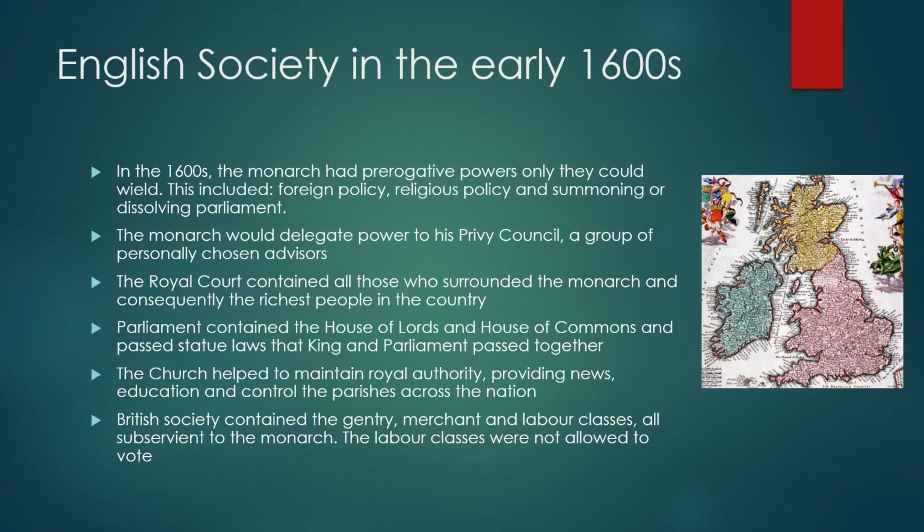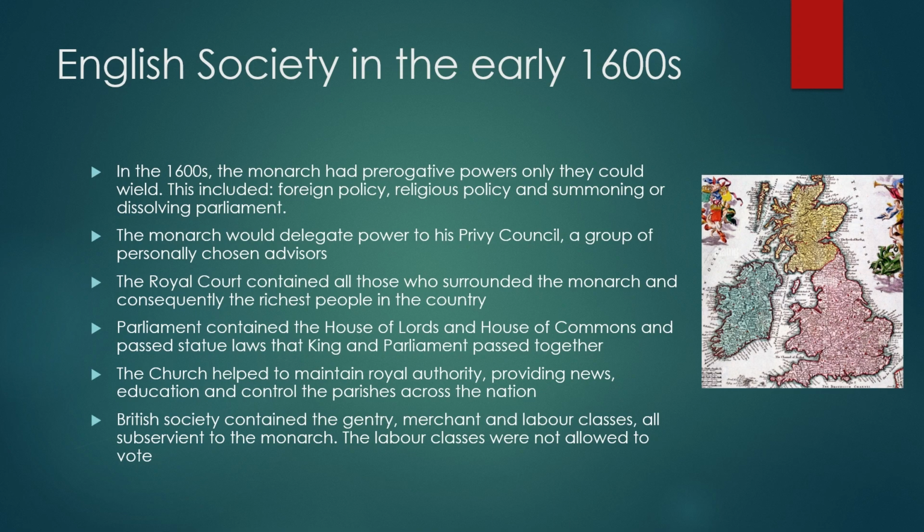They would then choose the individuals who are going to lead the foreign policy campaign that they wanted. So if they wanted to go and invade a different country, let's say Spain or France, they would choose someone who would then lead that and commit that going forward. This was the same with the religious policy. They would select someone who was going to then lead the religion policy, whether that's passing the Anglican Church or something else. And so it's important to bear that in mind.